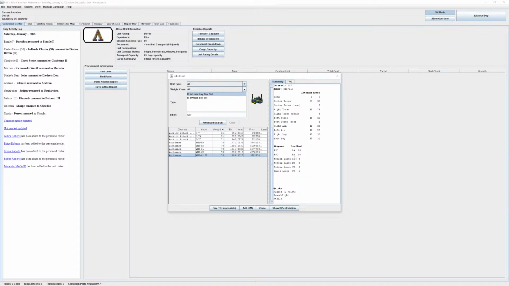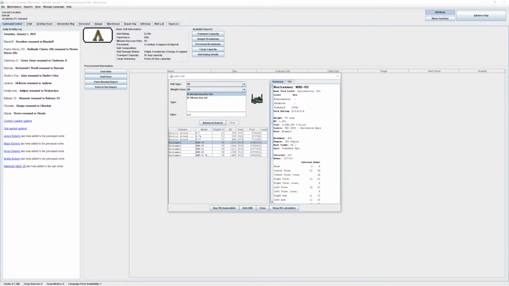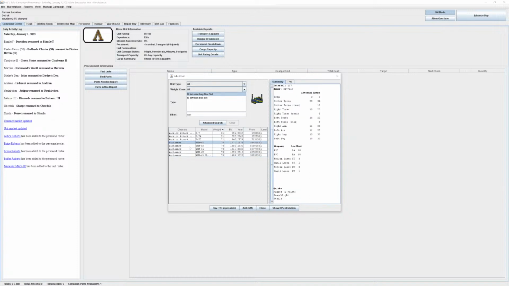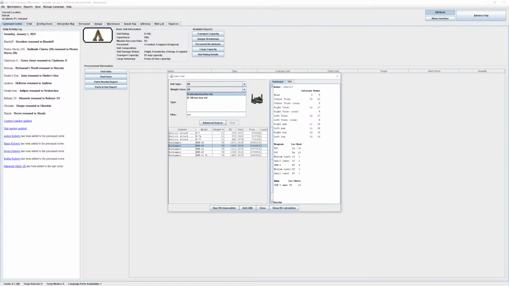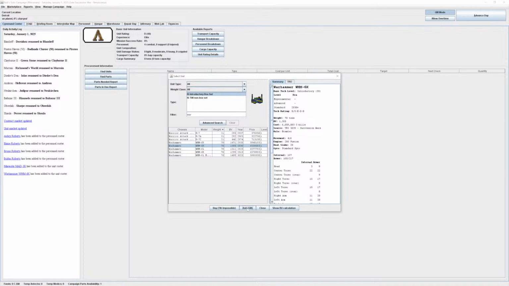That's 216 out of 217. No, I want the SRM6 though, because it doesn't feel like a Warhammer if it doesn't have an SRM6. So this will be good enough. There we go. This one will work. So we're gonna add this Warhammer,